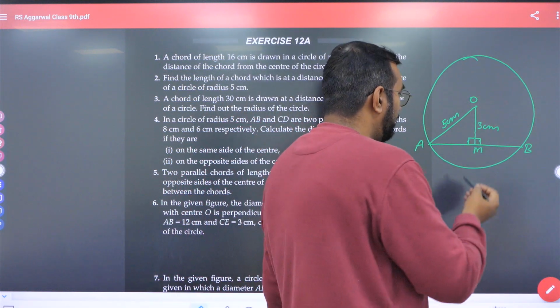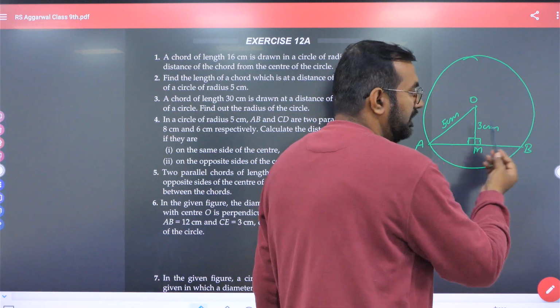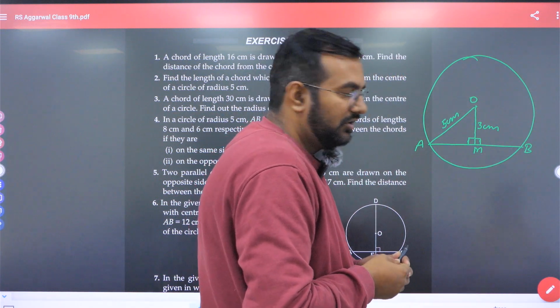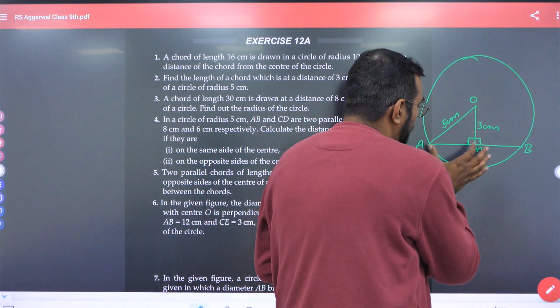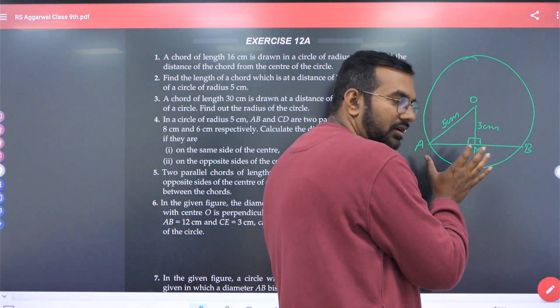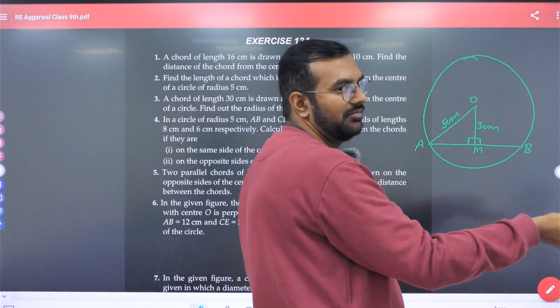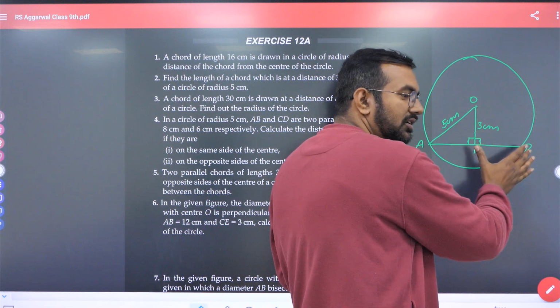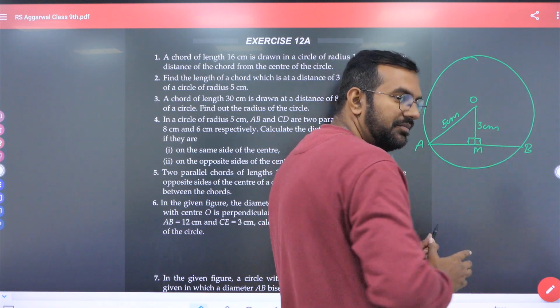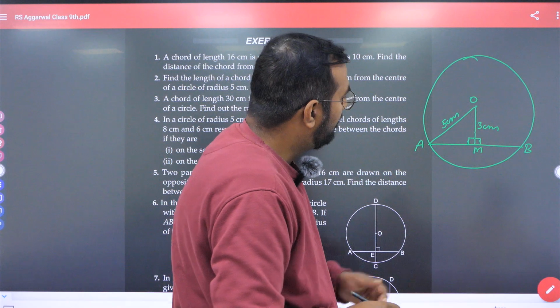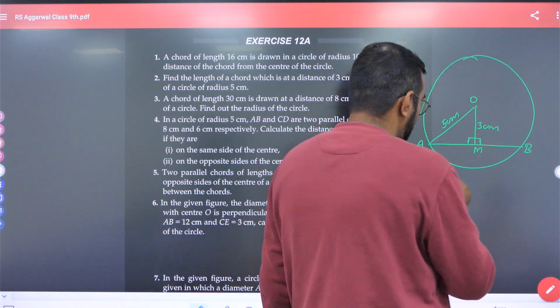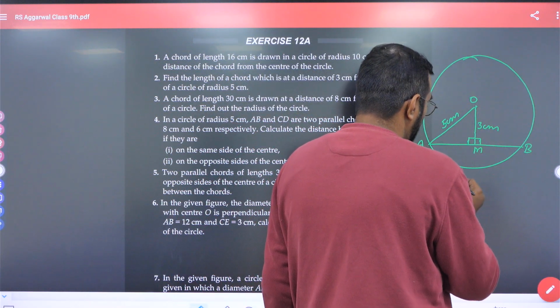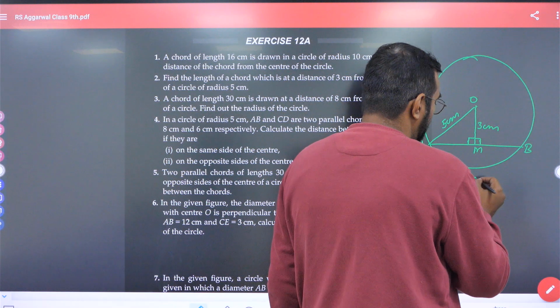Now what we have to find? We have to find AB. For that, first we will find AM, and AB is double of AM. Why? Because a perpendicular bisects the chord. So AM is half AB. Okay? So we can find it by applying Pythagoras theorem. Right? In triangle OAM,